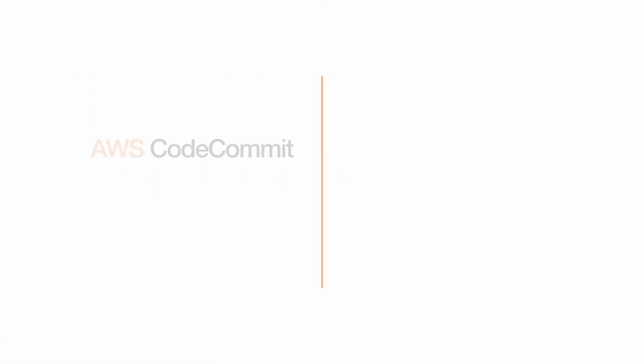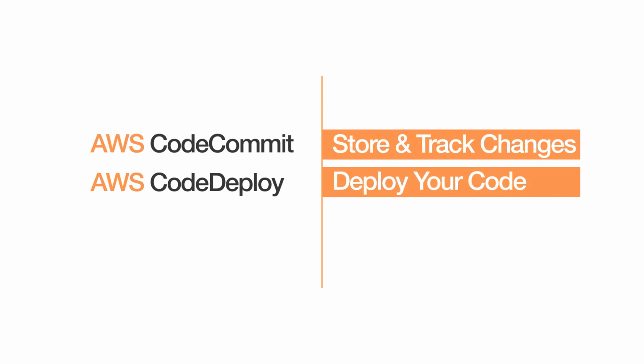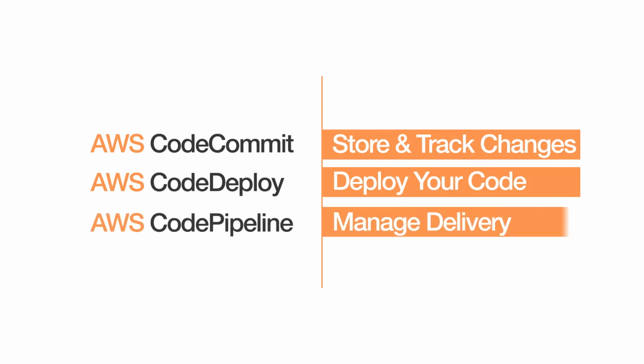If you are managing your own EC2 instances, you can use AWS CodeCommit to store and track changes in your code, AWS CodeDeploy to deploy your code onto the instances, and AWS CodePipeline to manage the continuous delivery